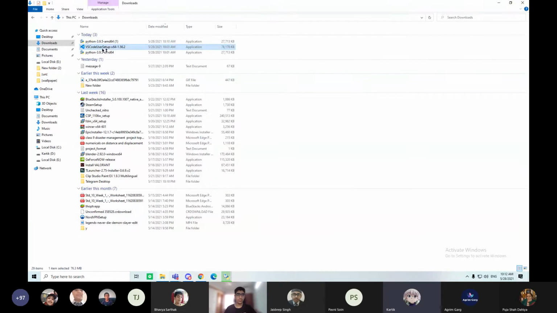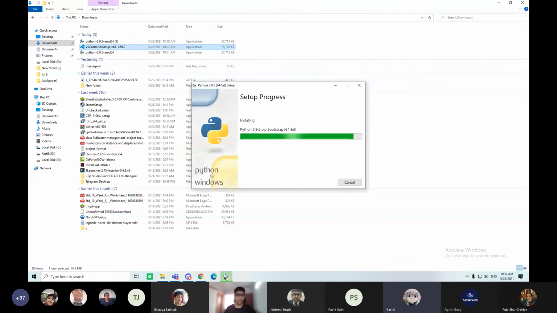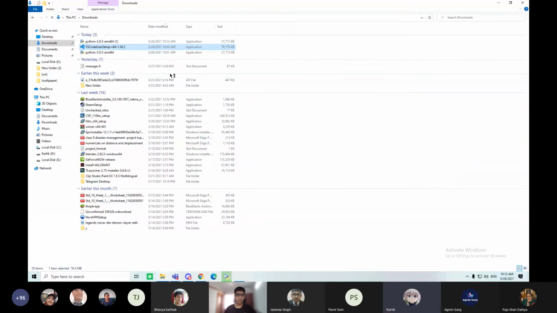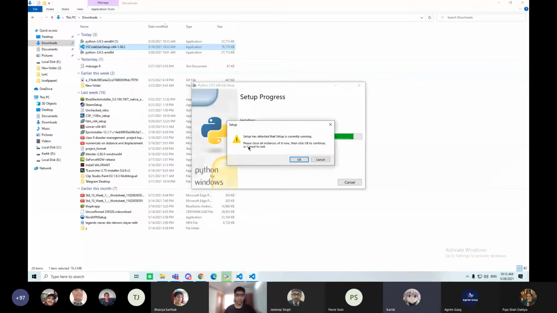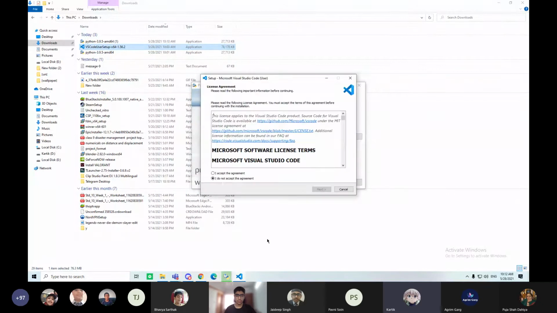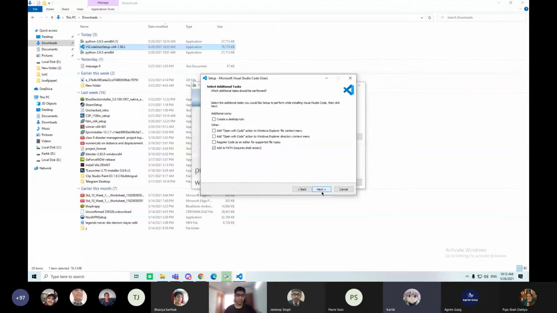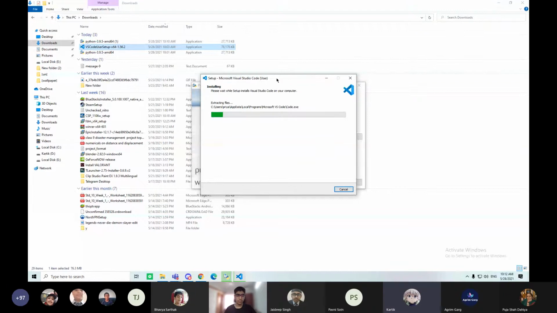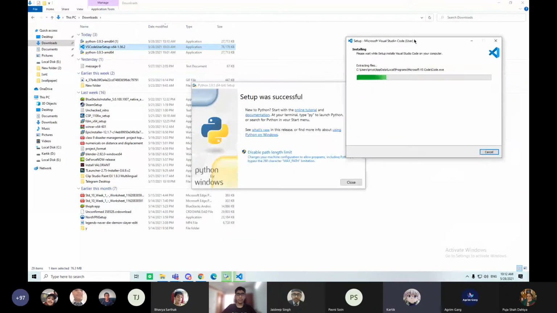After that, click on VS Code Setup. Then I accept. Then you can create a desktop icon and your VS Code will start installing.